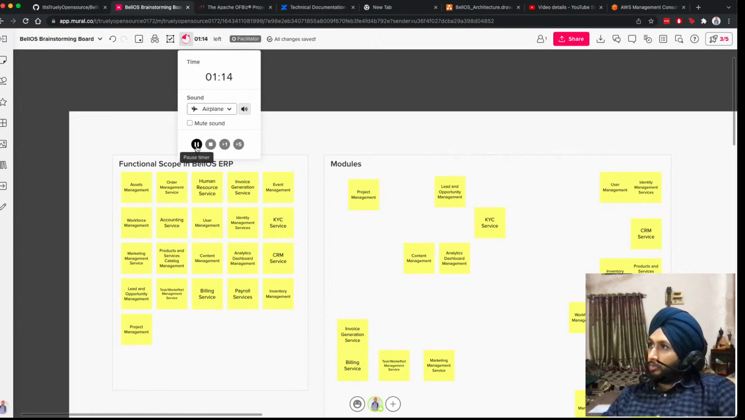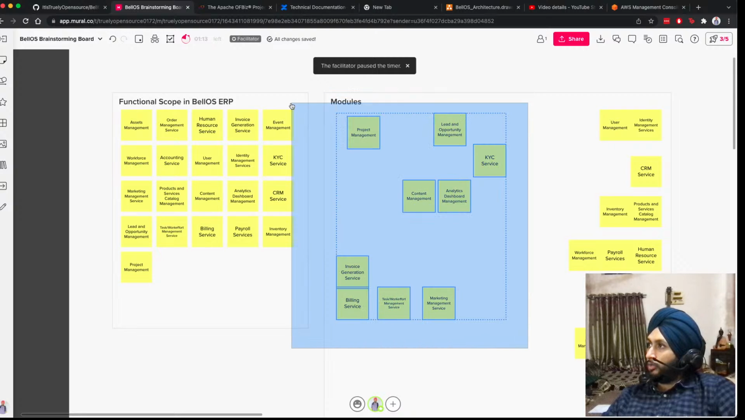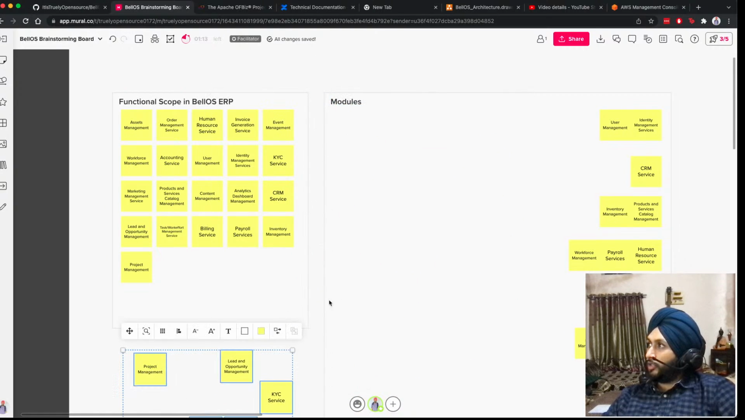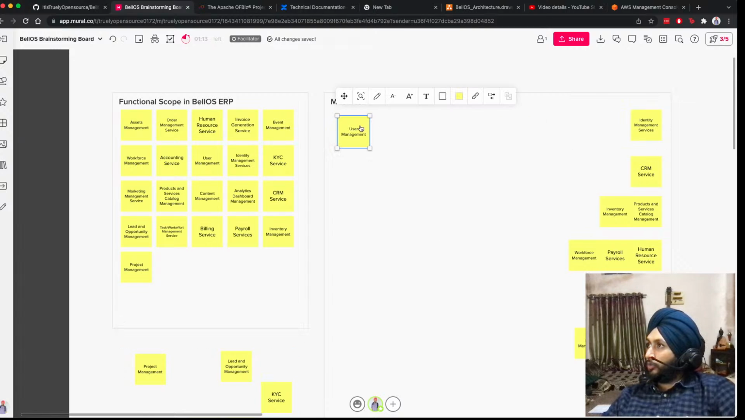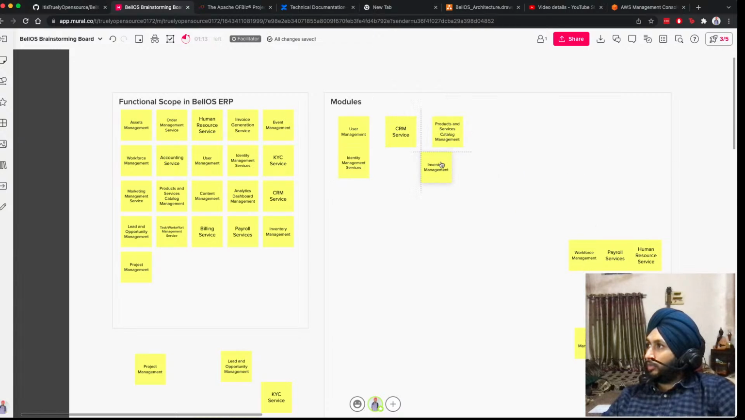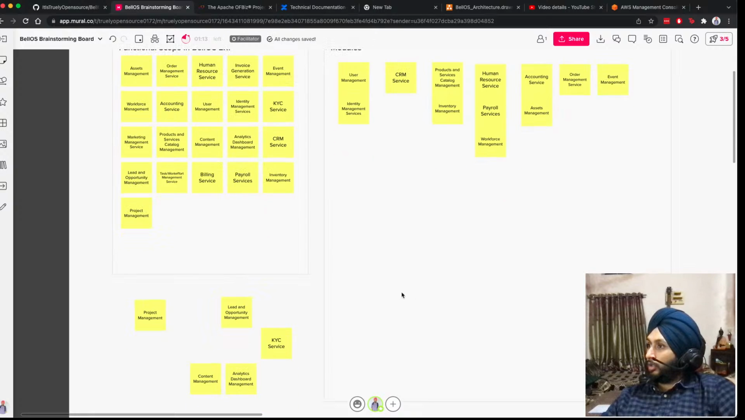Okay facilitator, I'm going to pause you again. I just needed time to reorchestrate. So here is the user management and identity management that goes hand in hand. Here's the CRM service, product service, and here we have human resource service, payroll service, and workforce management. They are all combined. Accounting service, order management, event management, and